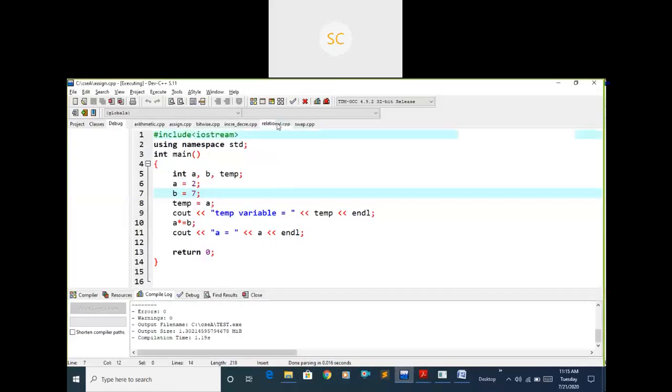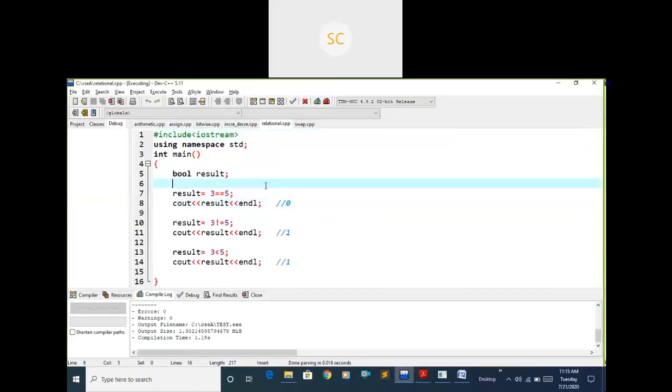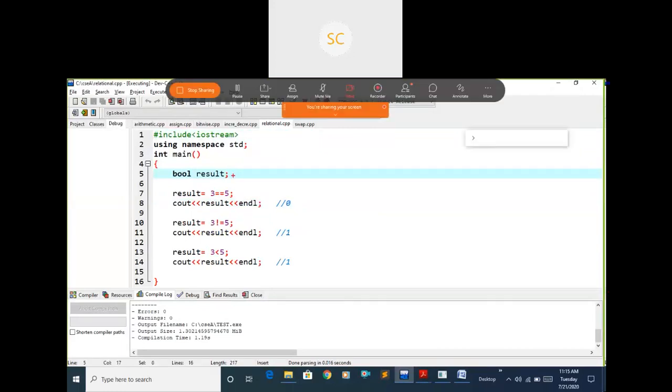I have taken one boolean variable, result. What can this variable store? While discussing data types, I explained that it will store either 0 or 1, either true or false. If it is false, it will store 0. If it is true, it will store 1.